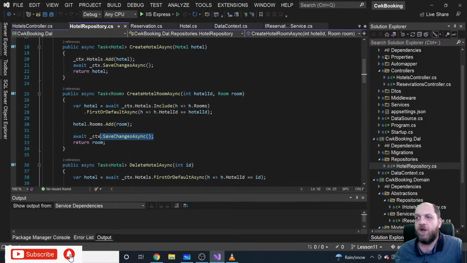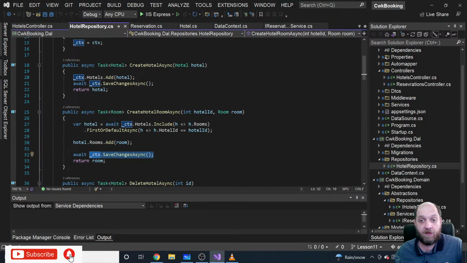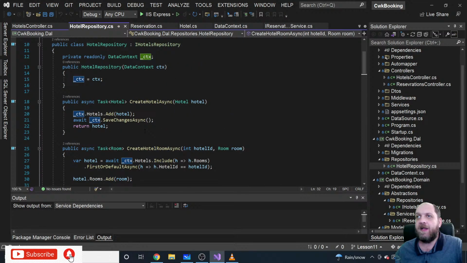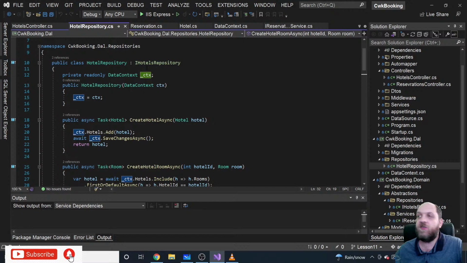But for this, we are actually using Entity Framework Core, in this case the DB context class. And the way we use it is through dependency injection. We inject that in the constructor of the repository. And we will also once again go through the idea of dependency injection in a few minutes when we finish with this data access layer. Okay, so